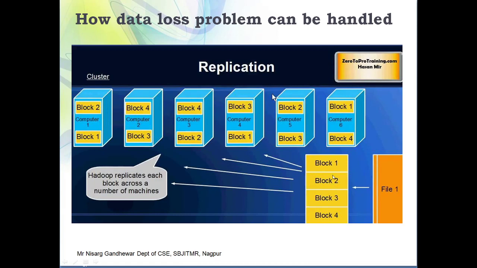Then we can check for block 2. Block 2 is also present at 3 different locations: first occurrence, second occurrence and third occurrence. So in this way the Hadoop framework can be called fault tolerant, and that feature is provided by means of HDFS. Because in HDFS there is a data replication concept, through which we can replicate a single sub file at 3 different locations, through which you can overcome the problem of data loss.